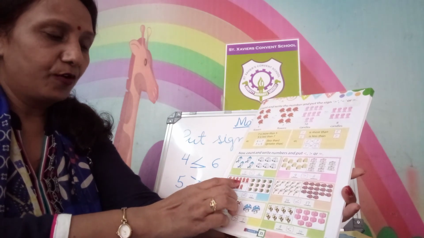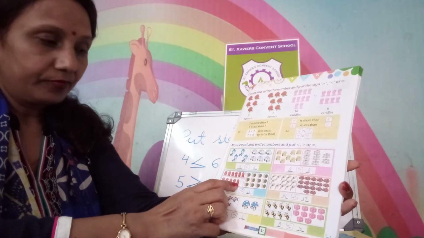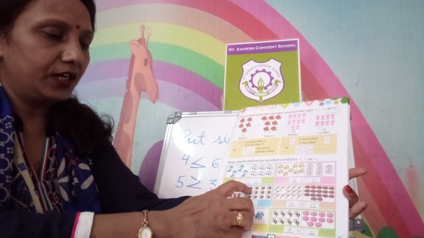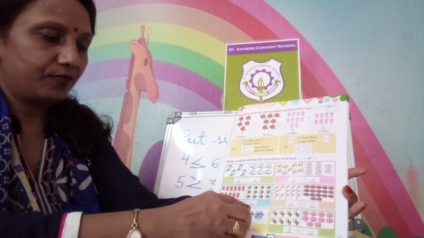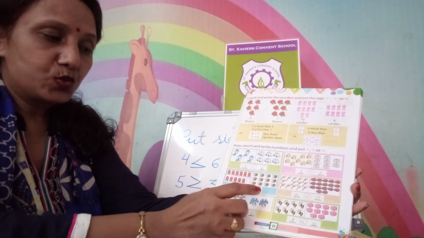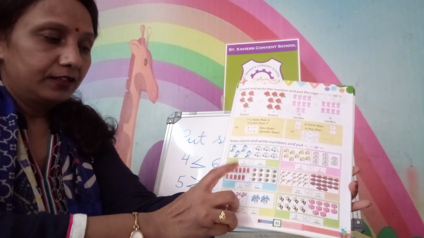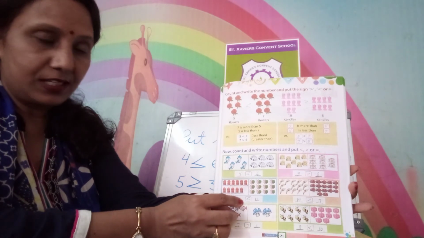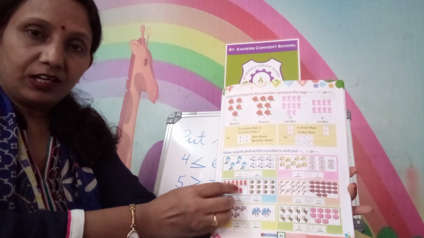Here 1, 2, 3, 4, 5, 6, 7, 8, 9, 10, 11. Okay? So on this side you write 11, and on the next side you see 1, 2, 3, 4, 5, 6, 7, 8, 9, 10, 11, 12. On this side you write 12. Which number is more? 12 is more, so that's why you put this sign, okay? And 11 is less, that's why put this closed sign. Which side? Where the pictures are less, okay?